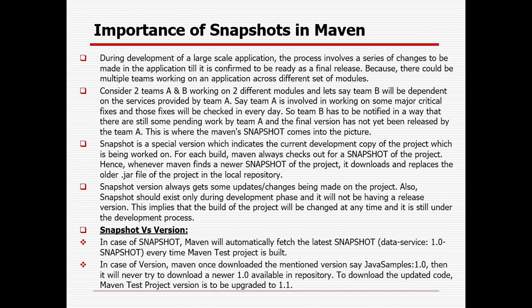And snapshot I already covered, right. So snapshot is the version that is not ready for deployment. It is the version where, in case multiple people are updating the code and you are using that version, automatically your code will reflect their changes. But the release version is a stable version. Once you have used it, when others update the code, you cannot get those changes, right.